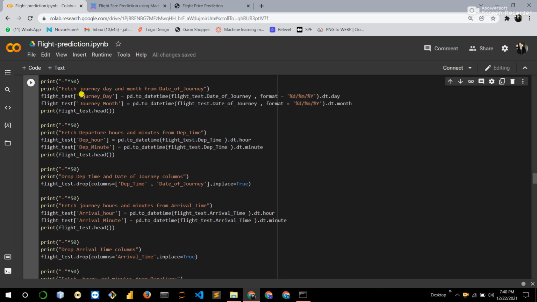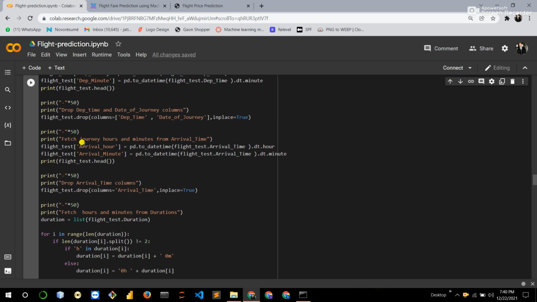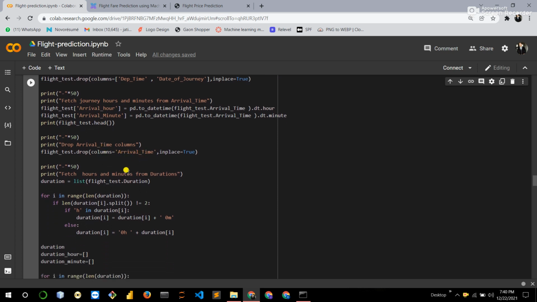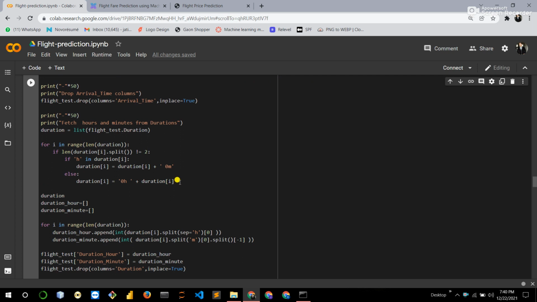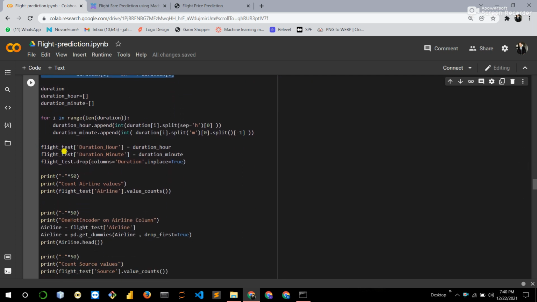Then create journey day and journey month features from the date of journey feature, same for departure hour and departure minute, arrival hour and arrival minute, then drop the arrival hour, then write a script to extract the hour and minute from the duration feature.